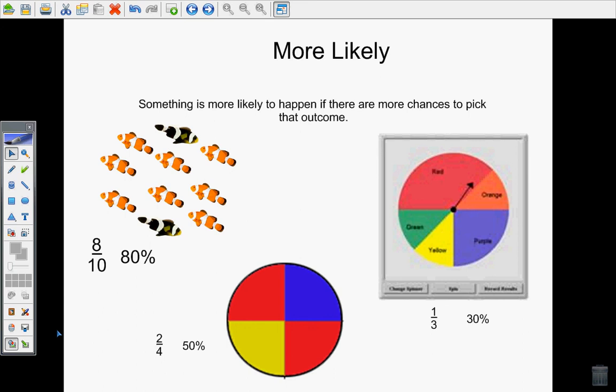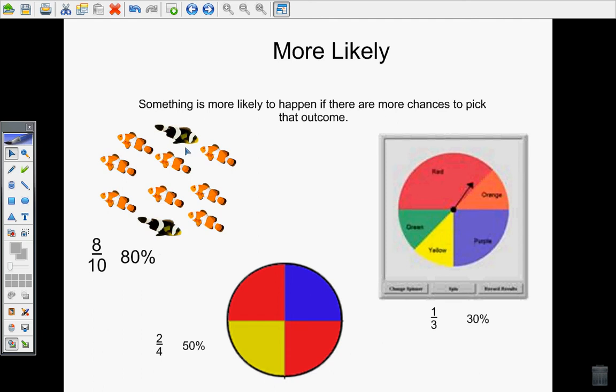Now that we understand the idea of probability, let's investigate what's more likely to happen, less likely to happen, and when things have an equal chance of happening. Something is more likely to happen if there's more chance of picking that outcome. So for example, look at these fish here. I can see that there's way more orange fish than black fish, so it is more likely that if I'm fishing, I will get an orange fish than a black fish. Similarly, since there's fewer black fish, I could say it is less likely that I would get a black fish